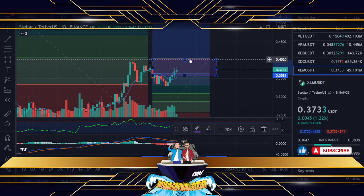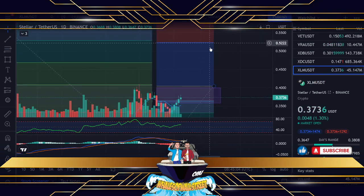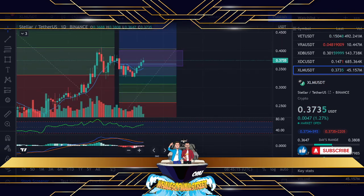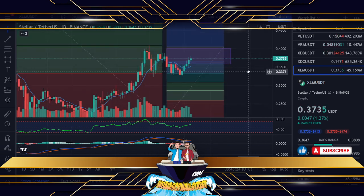So it's a really important area to be considering, but this area is key. 36 cents. We need to close above that on a couple of occasions, then we can push up to the 40, and the world is our oyster, everyone, because we can then start looking at higher numbers. We will restart the fib retracement chart as well to be reflective of that, and then we can start looking at where we are. And I don't anticipate to be doing that really for another couple of weeks to change that. I do think during September we will see this gradual movement slowly and surely upwards, in my opinion, because